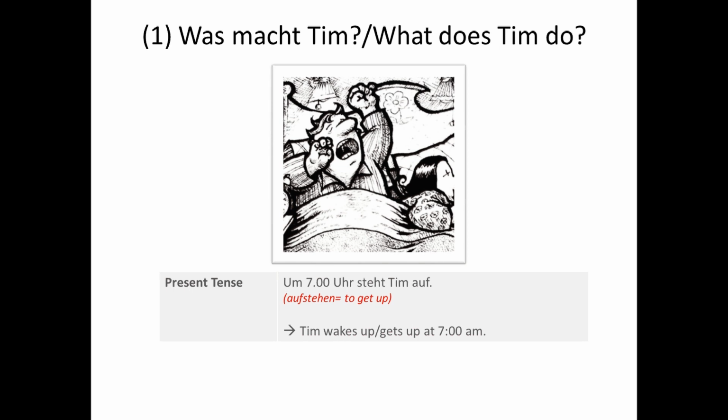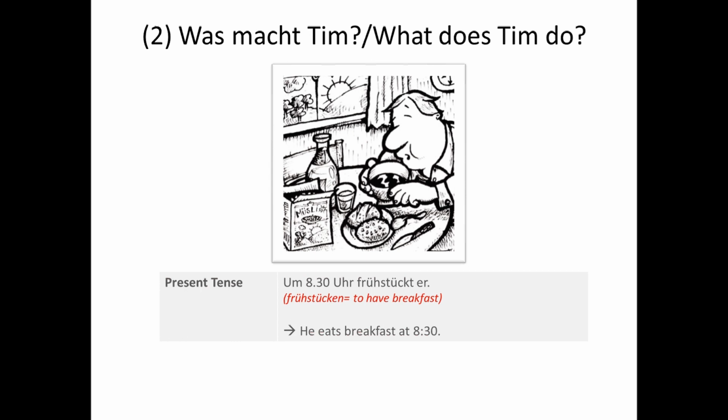As you can see, this is a Trennbares verb, and that's why the steht gets conjugated and auf comes at the end. So guys, anybody who doesn't understand Trennbares verbs, who doesn't have any idea what this is, please go and check my previous videos. In those videos I have covered this topic in full lengthy videos, so you will get a clear picture of that. So coming back to this sentence, 7 Uhr steht Tim auf. This means Tim wakes up or gets up at 7 a.m. Then we'll see the second activity.